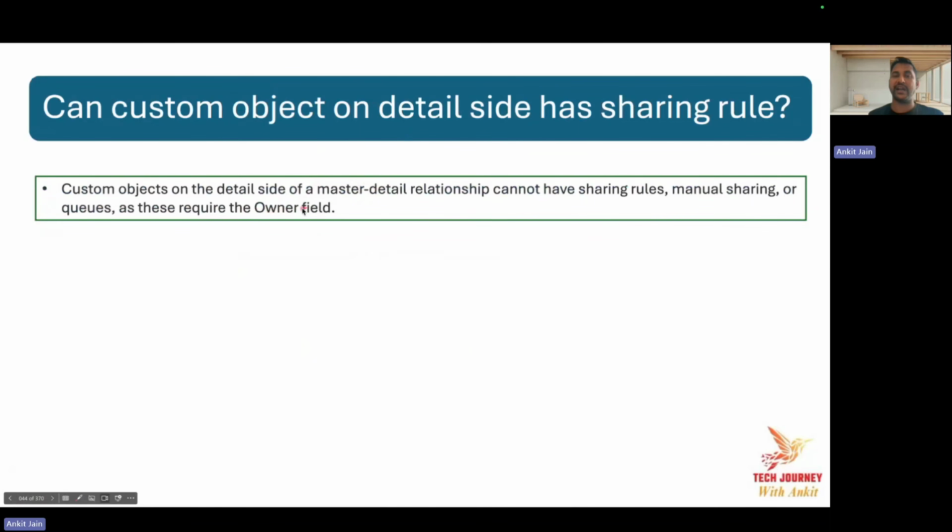And if the two objects are related with a master-detail relationship, on the detail object we don't have the owner field. So it is not possible to define a sharing rule if the two objects are related with a master-detail relationship.